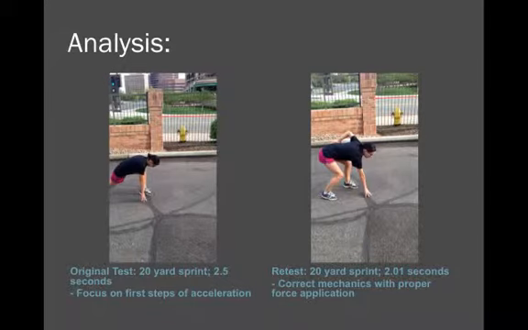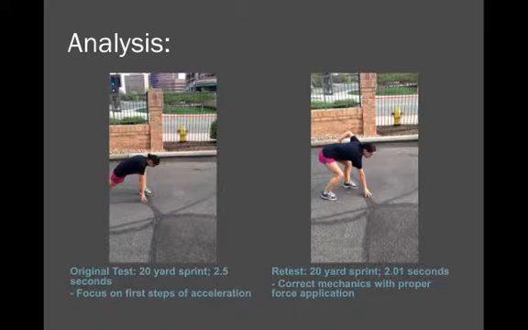So I was able to drag my unfortunate fiancée into this little test that I had, but she was a good sport about it. What I wanted to analyze originally was her acceleration mechanics. I had her sprint 20 yards, so I was there with the camera for the first about 3 or 4 strides, and then we had a friend 20 yards down to time her to see how long it took, and we compared and contrasted whether the more efficient angles and mechanics would indeed help her out as far as performance.